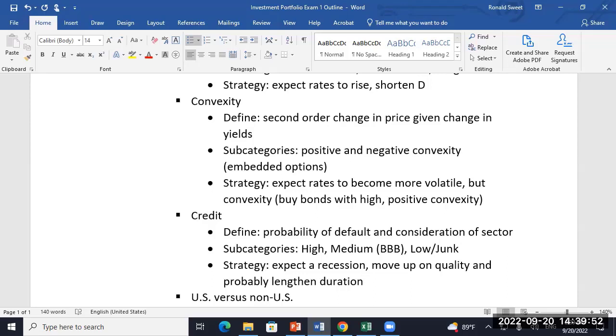So if your boss doesn't tell you, I expect a recession, the norm is to say that, well, rates will probably fall. I think that's still true today, because we have a recession and we actually see it in the employment numbers. I do think you're going to see inflation pressures come off quite a bit. And how's Putin doing right now? Is he high-fiving anyone? So what happens to prices of natural gas and oil if Putin throws in the towel, or if he gets taken out? Could have a pretty big impact.